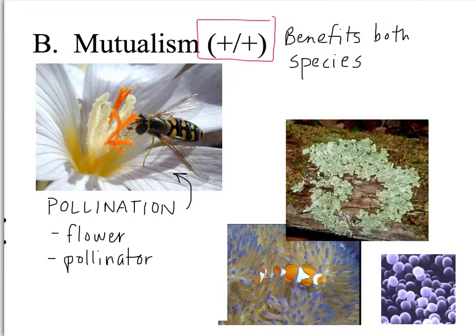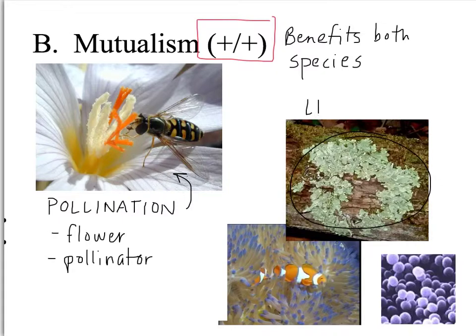So there are a lot of different types of pollinators, but they all benefit the flowers they pollinate, and the pollinator itself is also benefited. So that's probably the most common example of mutualism. Other examples I have here, this one over here on the old log or tree stump is an example of